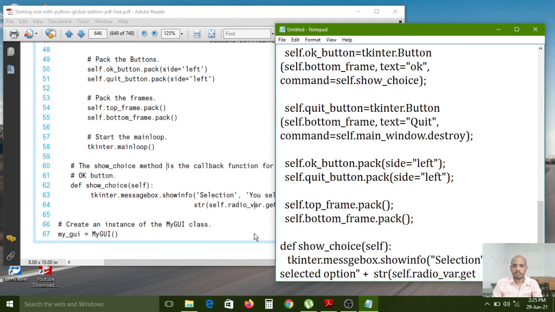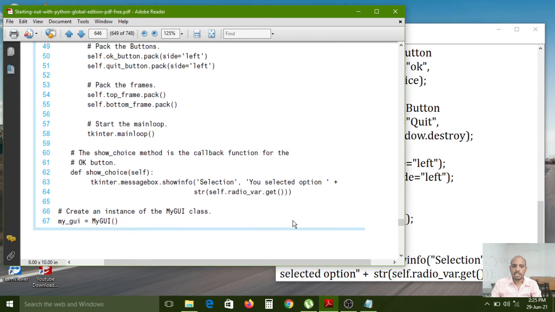The get function you have to use. Here one close, open, close. Now one more is also required. Three brackets are required: the first is for the showinfo function, the second for the string function, the third for the self.radio_variable.get function. So that's why three are required.